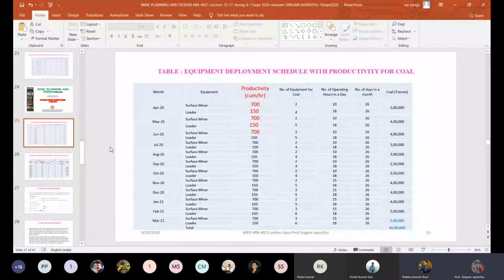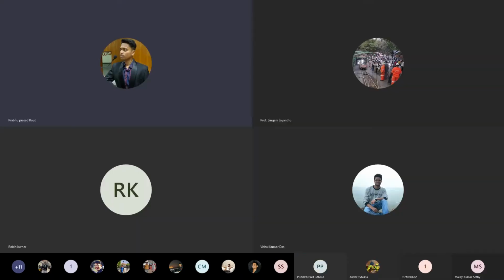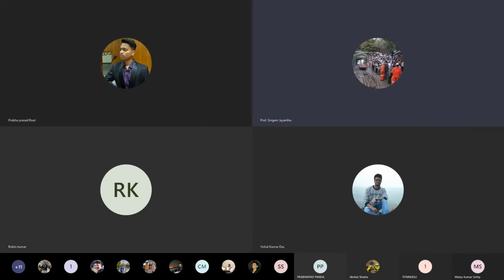So with these two coal miners, they are planning for a target of 60,000. They said that maximum they are deploying for 8 to 10 hours for each coal miner. Very good. So that may be the reason, the number of hours they are deploying, why productivity is low, or total production is low.